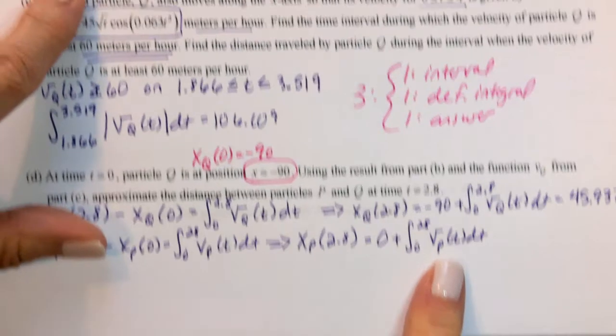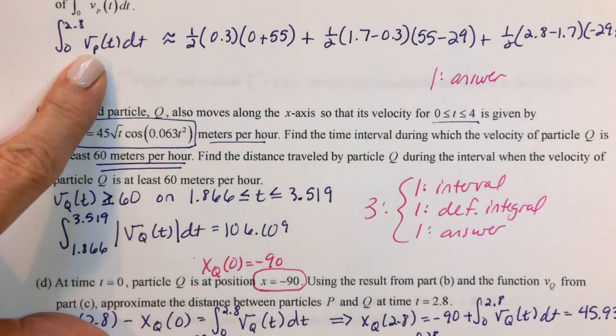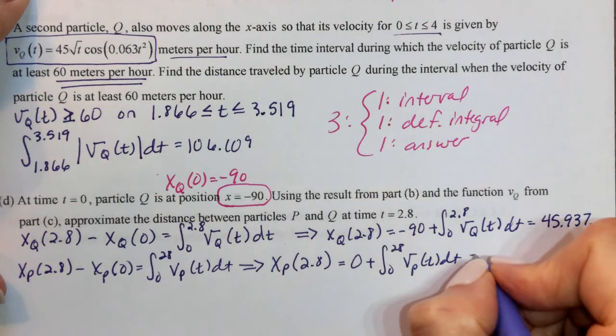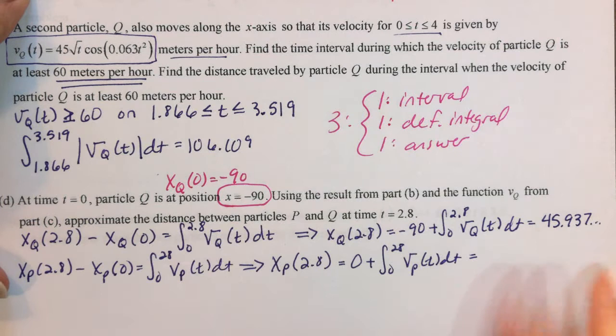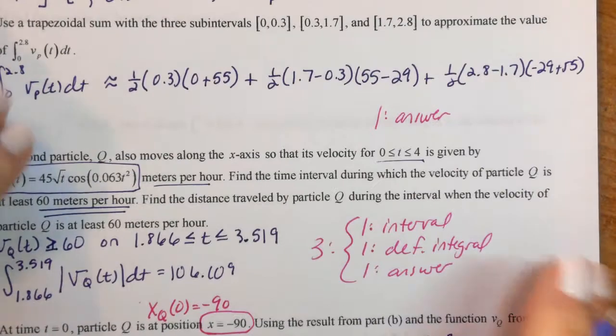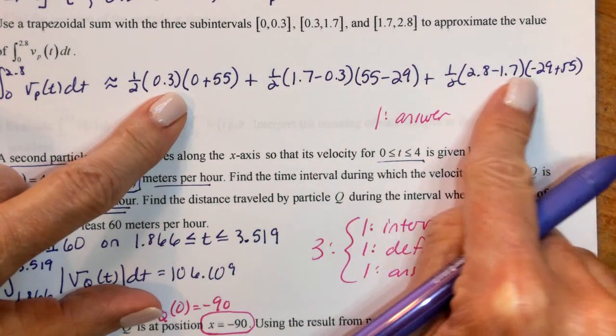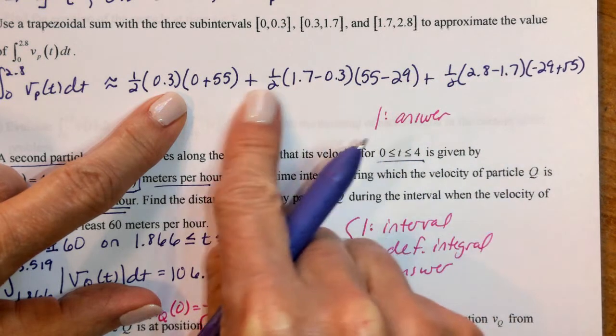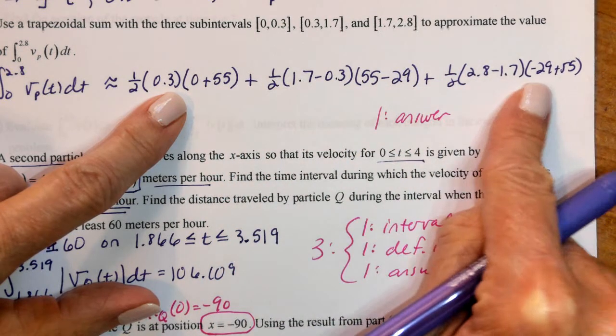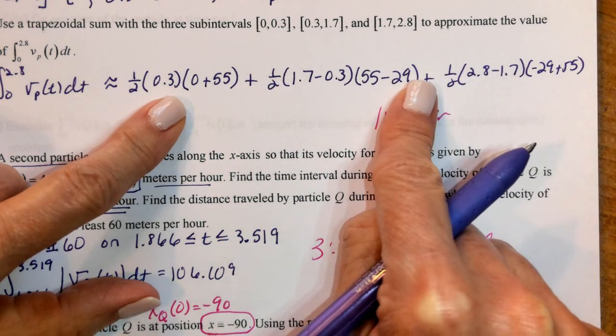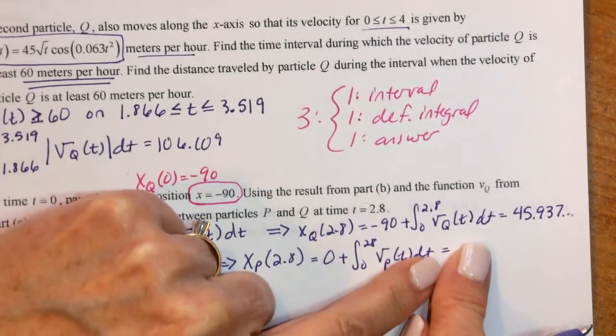In that integral, we found an approximation in part b. So this is a time where we have a choice. We could come up here and put that into our calculator and get our answer, and then use that answer down here. Or I can just say,